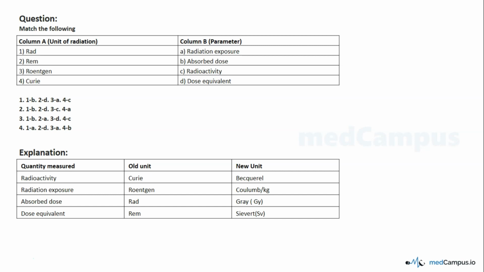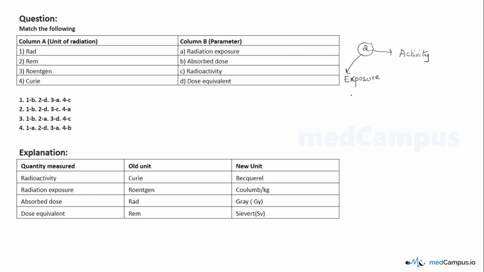So instead of memorizing all this stuff, let's try to understand the concept behind exposure and activity. We are looking at the units of radiation measurement. When you want to measure radiation, what is it that you measure? There are two phenomena that are actually measured. One is activity, and the other parameter is exposure. So we'll start from here.